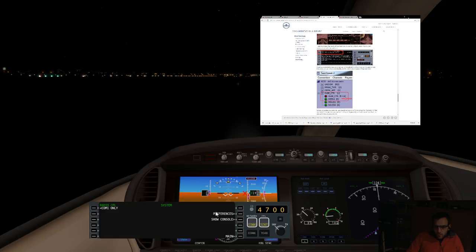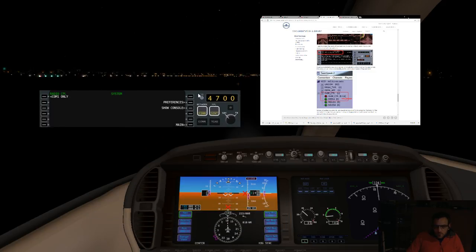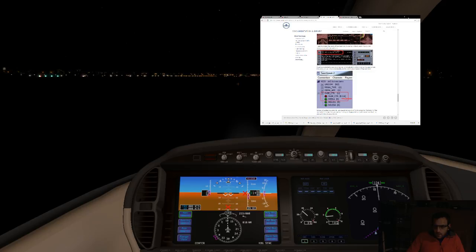So COM 1. So 121.9 should be the COM 1. So 121.9, and then I'll have tower 119.1 set up on the other frequency. So we'll go ahead and I'll try to make my first radio call using the